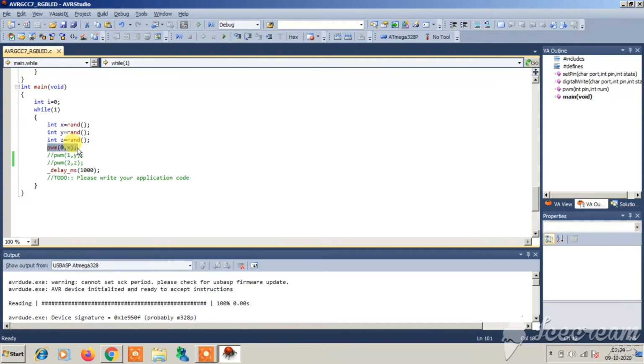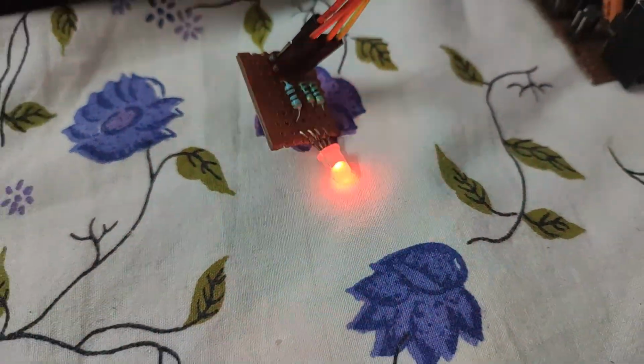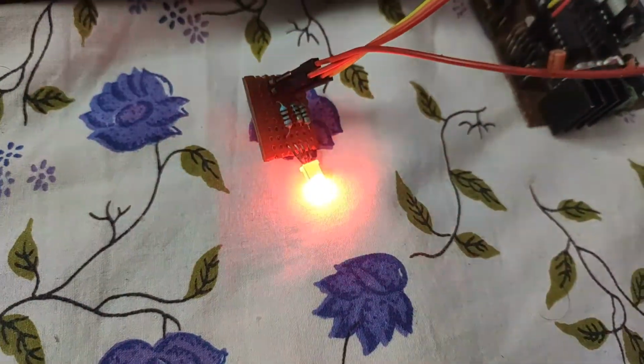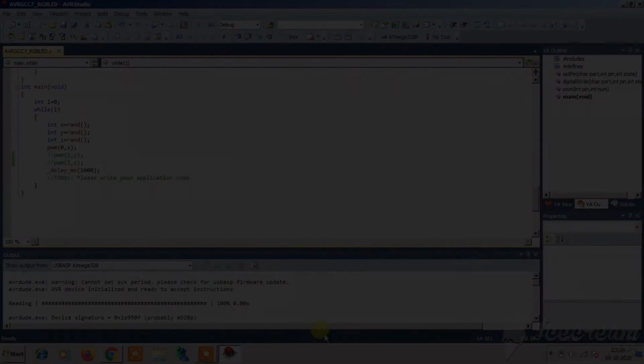We have used an RGB LED, therefore at first we will be using the red LED to test the random function with the PWM function just as we defined here. Then we will be using the green one, then the blue one, and then all together to generate a random color. So let's upload this red one first and let's see the output here. As you can see, the code is uploaded and the red one is flashing at a random rate, at a random PWM duty cycle.